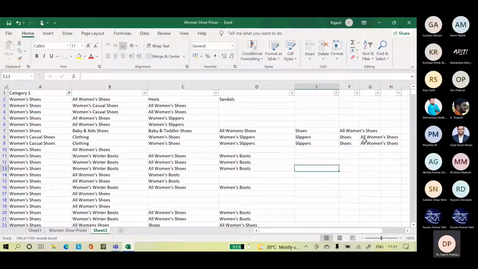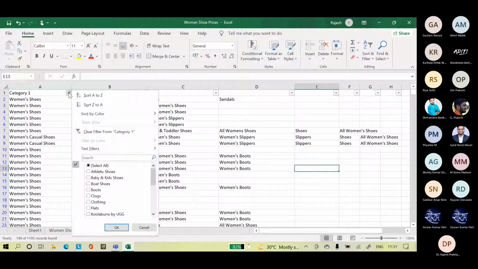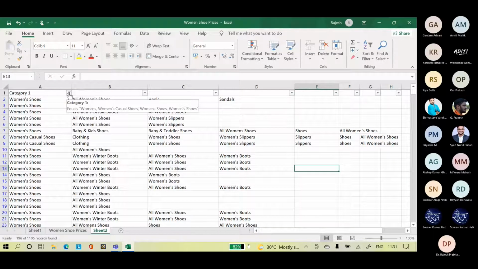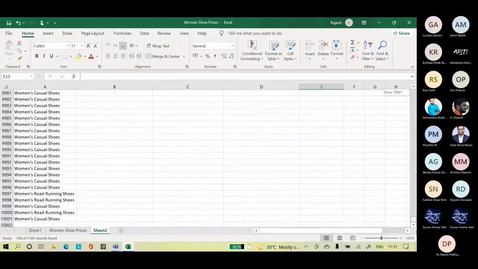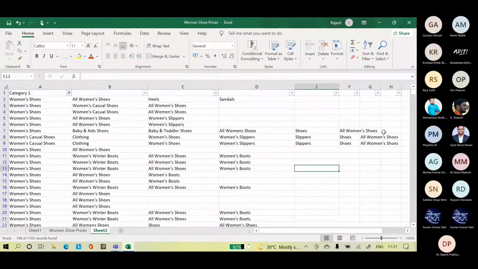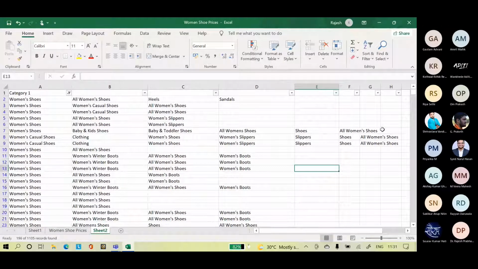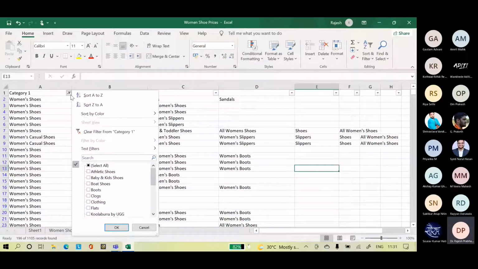So what should we do here? Okay, we will make women's casual shoes as a separate category.